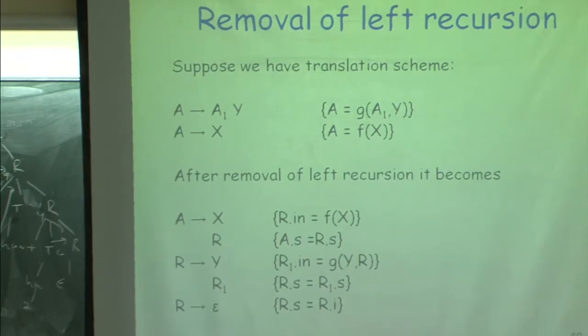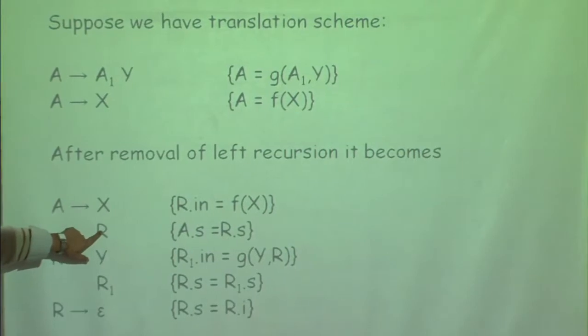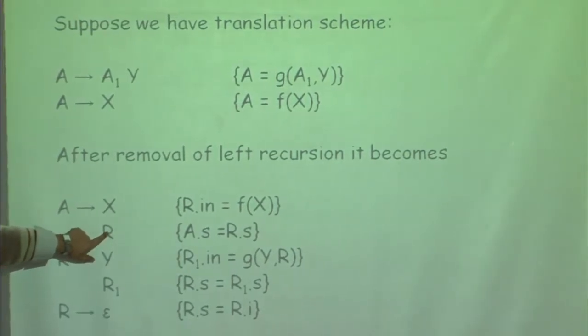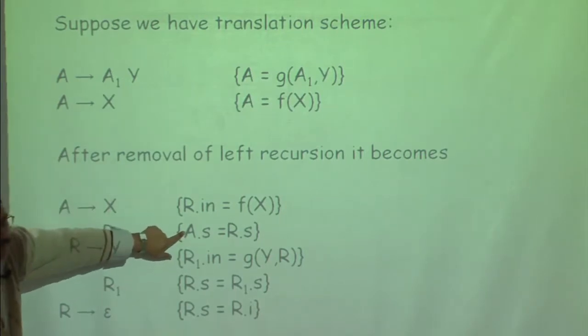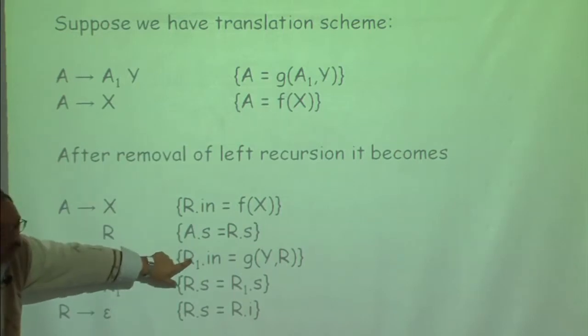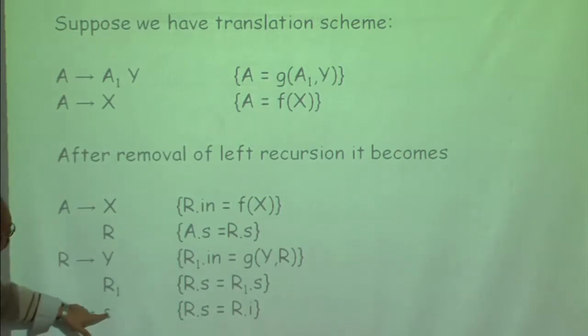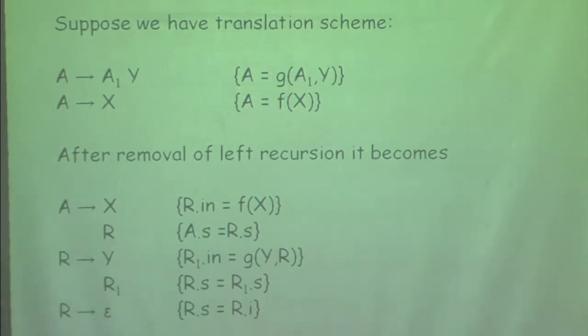So, basically this is exactly what I used here. What I have done here is I am saying that this R is going to have an inherited attribute which is a function of whatever is on the left hand side tree, and this is nothing but a copy rule. And if I see this, this says R1 inherited is a function of the parent and the left sibling. This is what I have computed here, and whenever I have this rule, the synthesized attribute is nothing but a copy of the inherited attribute.